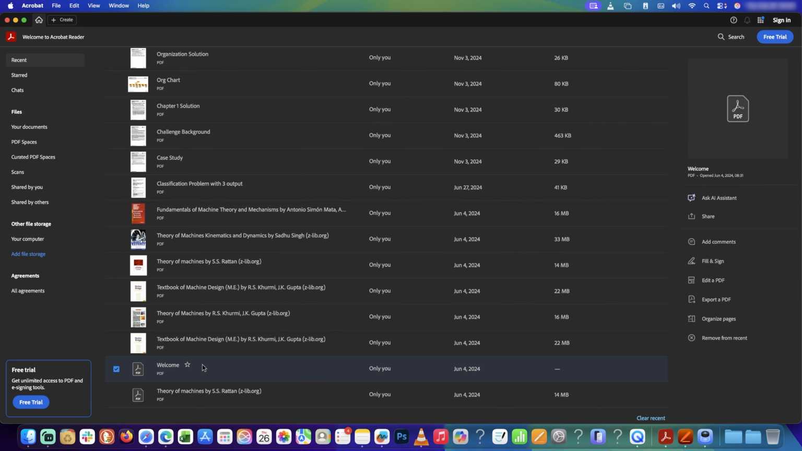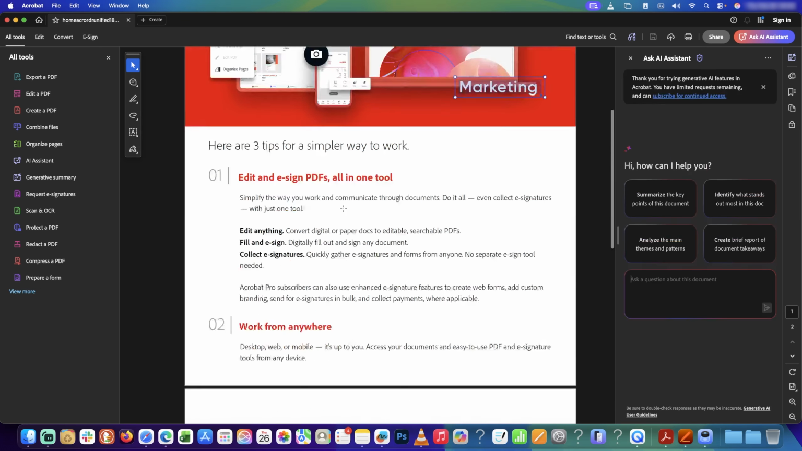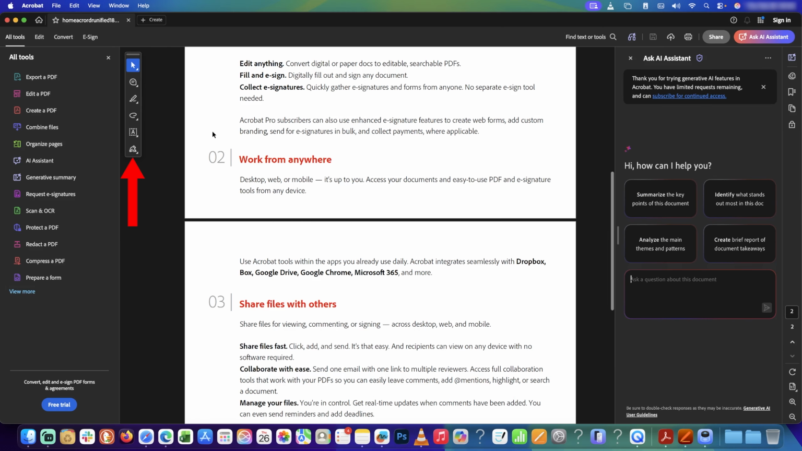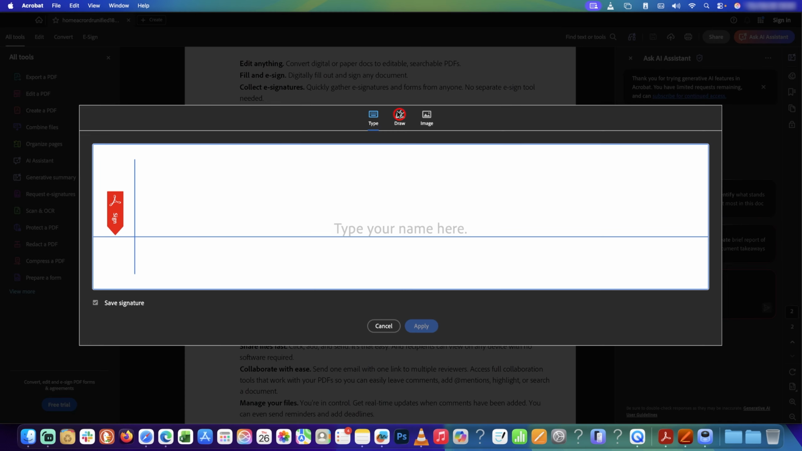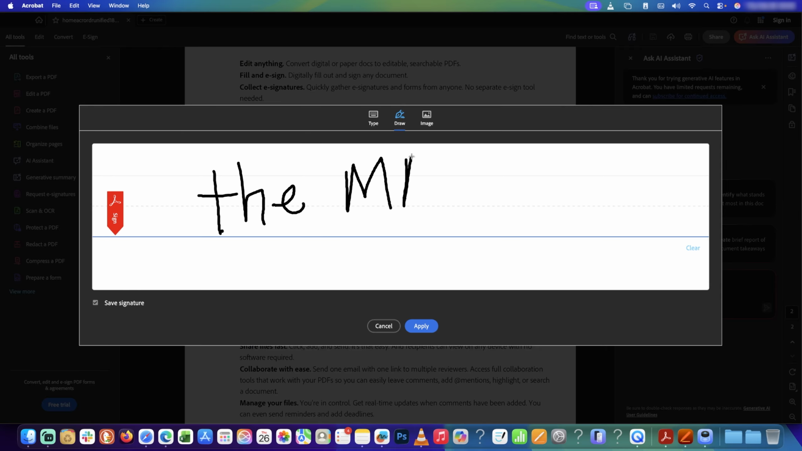So I'm gonna open this welcome PDF, and the next thing I'm gonna do is click on add signature, and here I'm gonna click on draw, and draw my signature. I know it looks terrible, but I will try my best to draw it in a better way through my mouse. And once I draw it, I would like to take a screenshot of it, which is by opening another